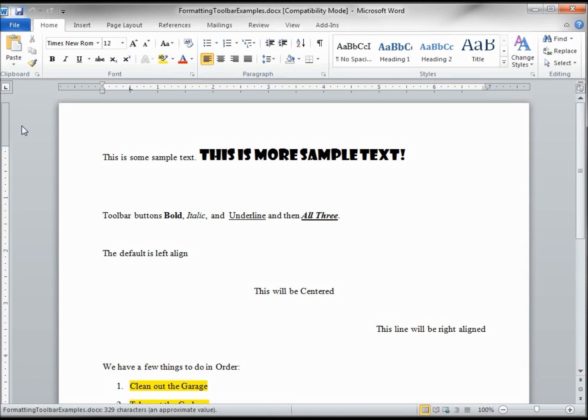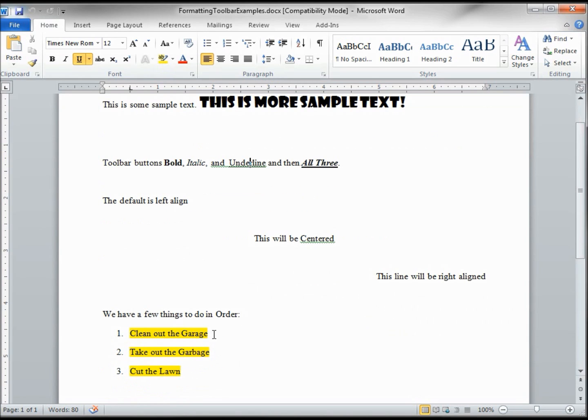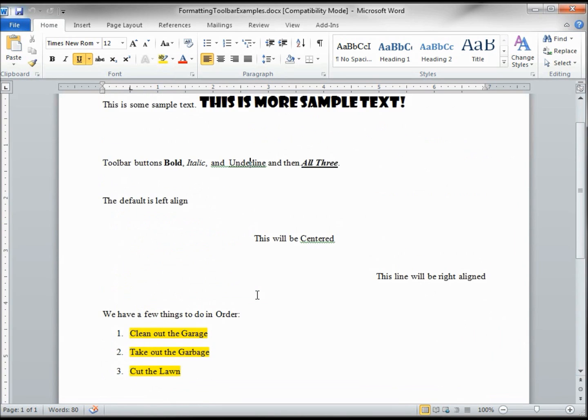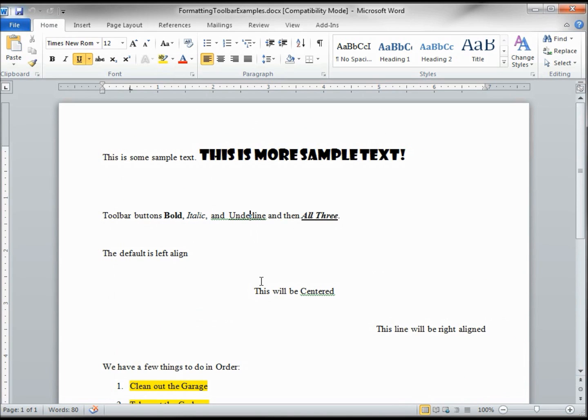Double clicking that, it opens it up right in Word format or in the Word 2010. It has our same formatting for our Showcard Gothic 20. Looking on, our bold worked, our italic works, underline and all three, left aligned, center aligned, right aligned. Here we have our numbering with the highlighting. Then we also have where we did the background color change. Now, the bullet looks a little different than the bullet we used there, but it's still a bullet. So I believe that this is fine. It's opened up. I would consider this success.